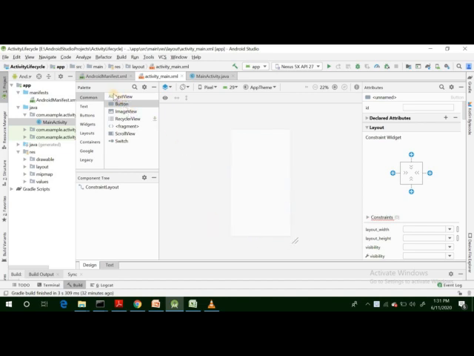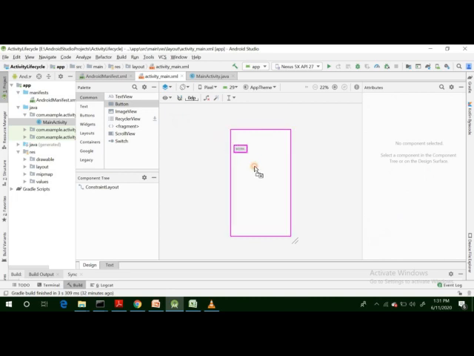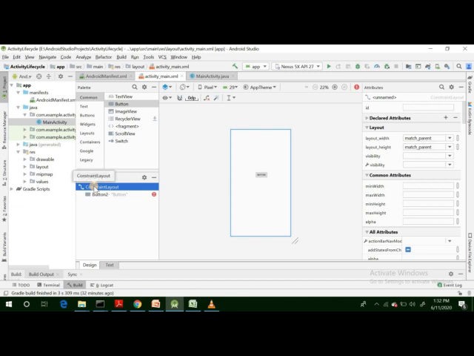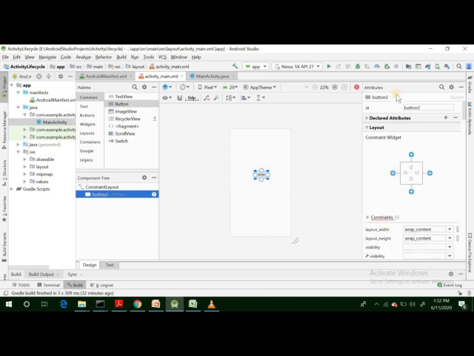You can draw any view from this palette, and you can bring that, let's say button, inside our layout. Now if you look at this component tree, the root element is constraint layout, which is a view model also, and this is a button with the reference or ID button 2. Android Studio has assigned it by itself. We can change the ID, so we can write the ID as btn add. So this is the ID that is being assigned to that button.